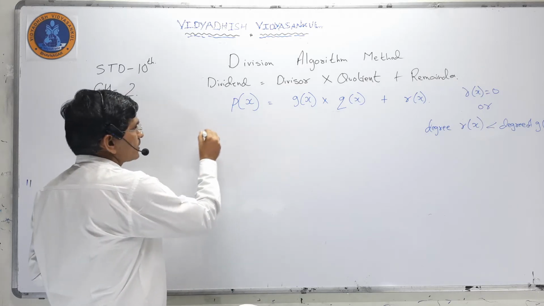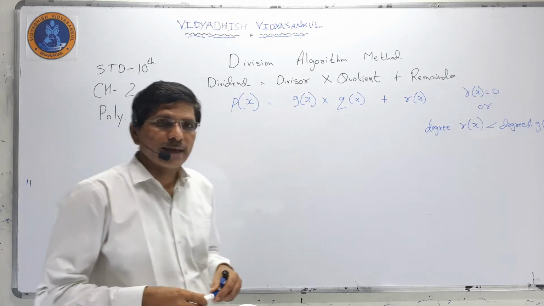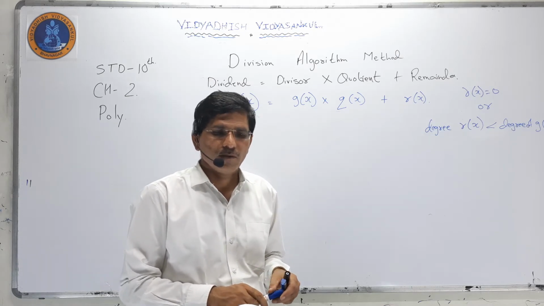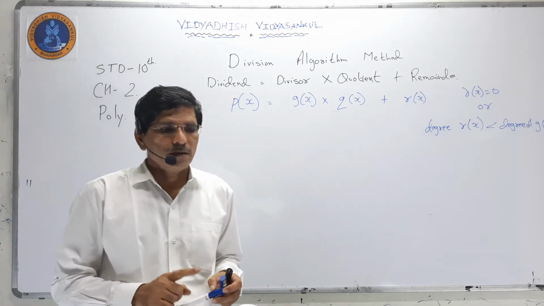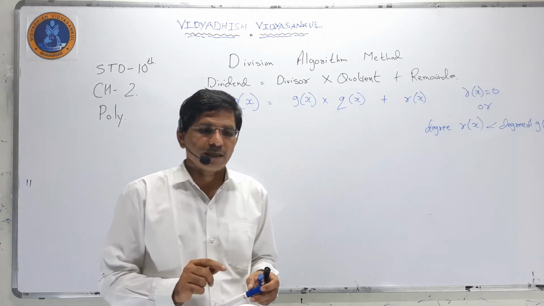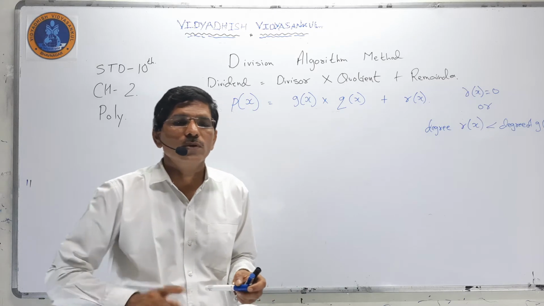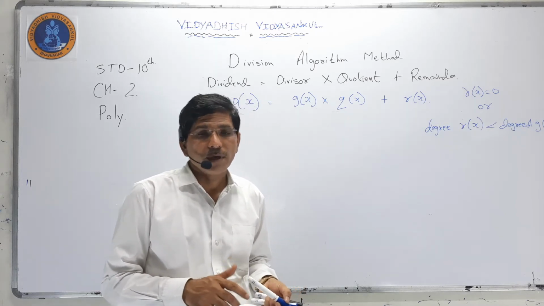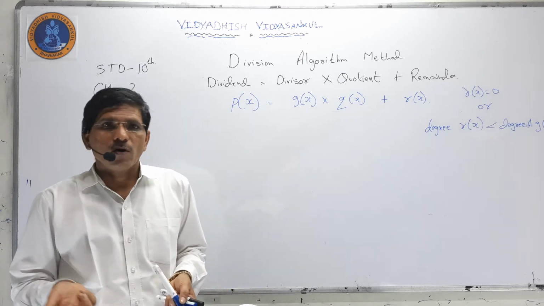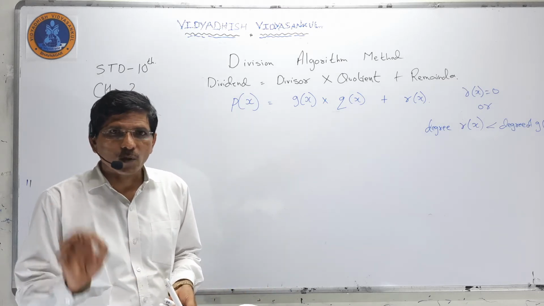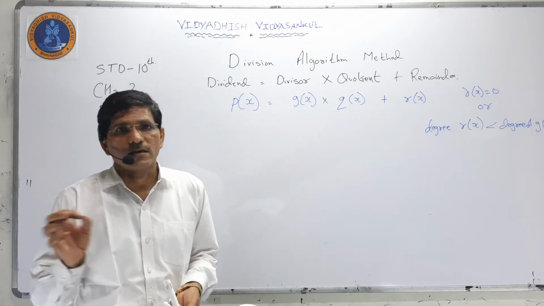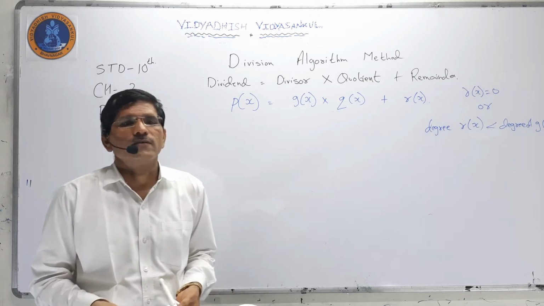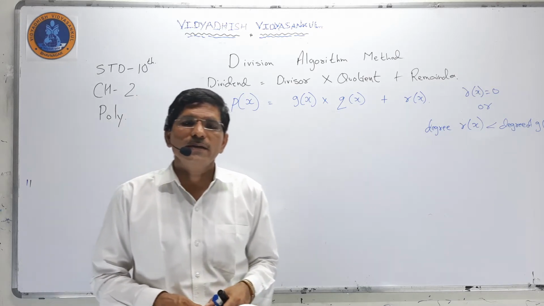So the question is like this: 3x square minus x cube minus 3x plus 5 divided by x minus 1 minus x square. But according to the rules, we have to write it in standard form, because the question is sometimes not given in standard form. At that time we have to write the question first in standard form. So here the question is not in standard form.